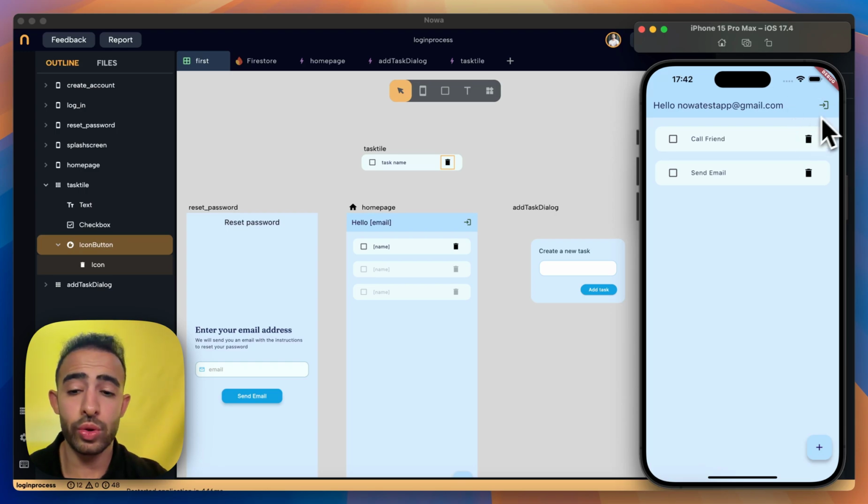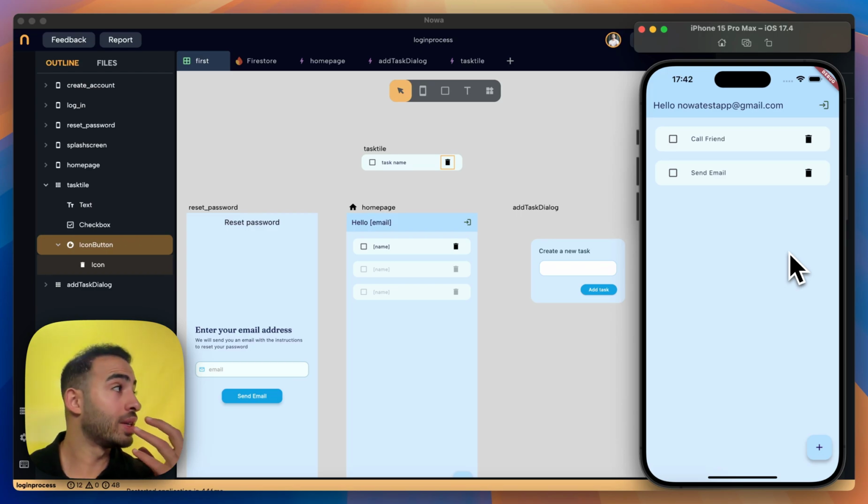And if you sign in from another user, it will show you different tasks. It will show you first of all an empty list, and then it will show different tasks. So amazing. We are now almost done with the To-Do app. So let's see if we need to do something else. So if I want to